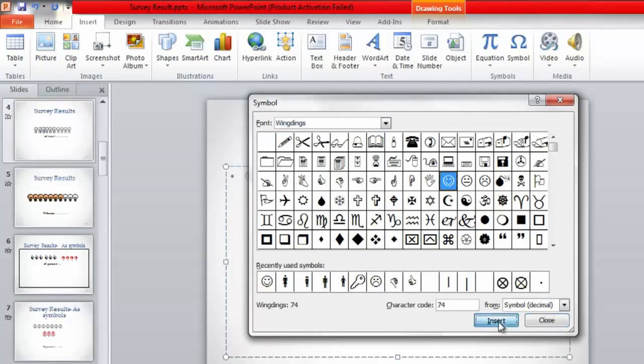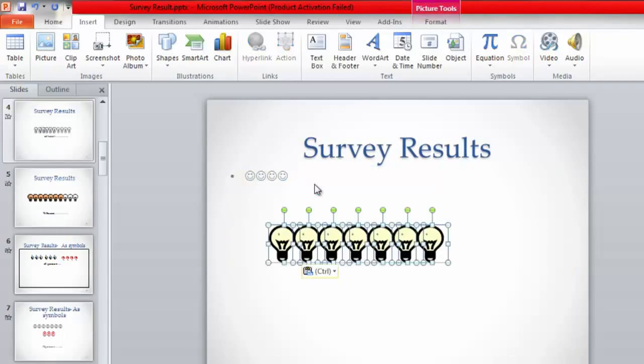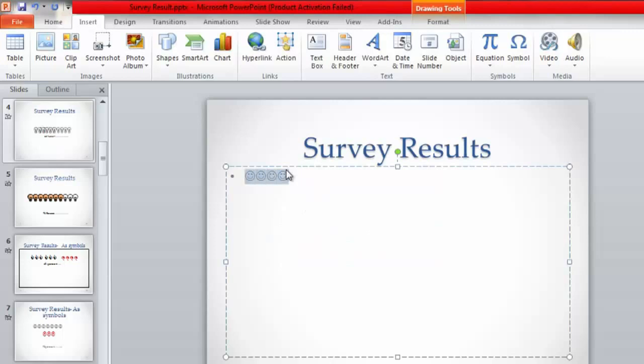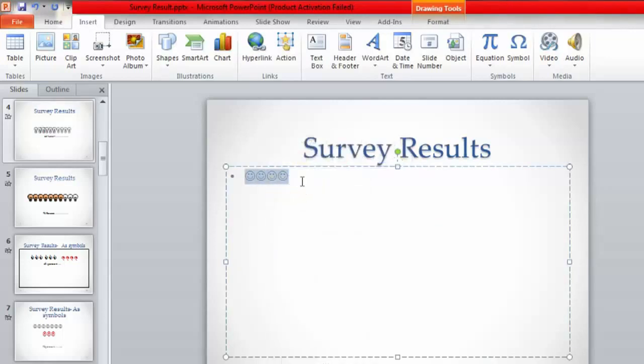1, 2, 3, 4, 5, 6 and 7 times I have inserted. Close. It has not worked out in a proper way. We have 4 smileys. Let's copy and paste it.